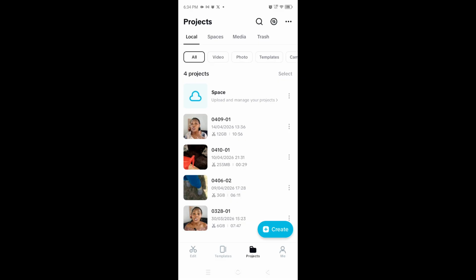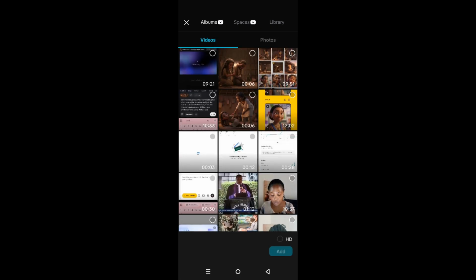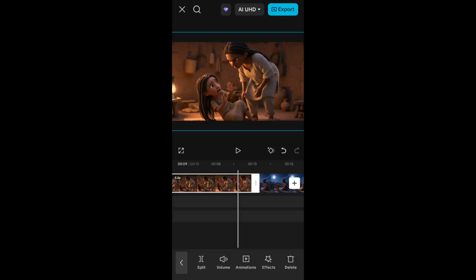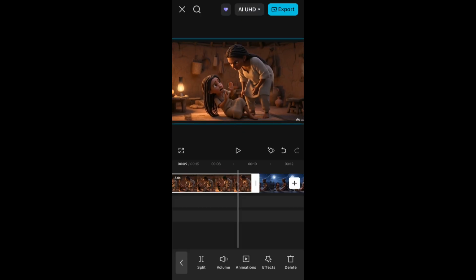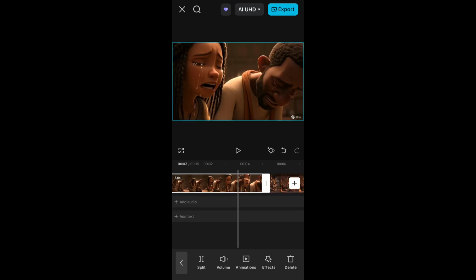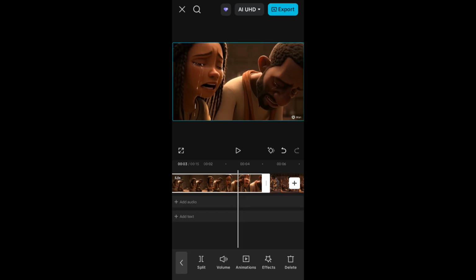So open your CapCut and click on create. Click on import and it will take you to your gallery, and highlight all your video clips and make sure that you start from the bottom, because the ones that you generated first are below here on the bottom. So highlight the ones that you want and click on done. And now listen to all your video clips and trim the unwanted parts. And once you're done, click on export and you have your video or your movie right there with you. And now let's listen to what we created.